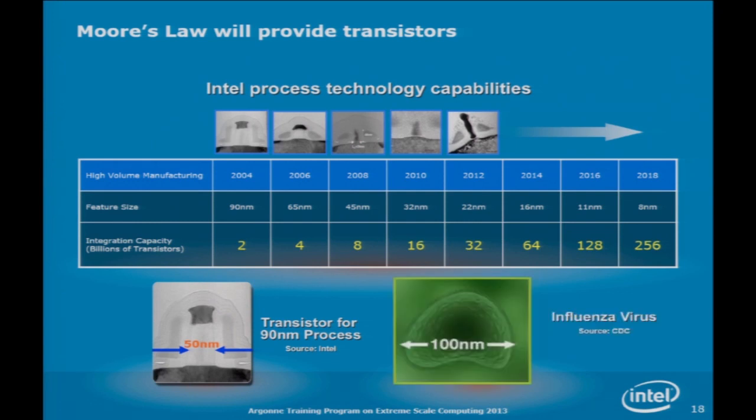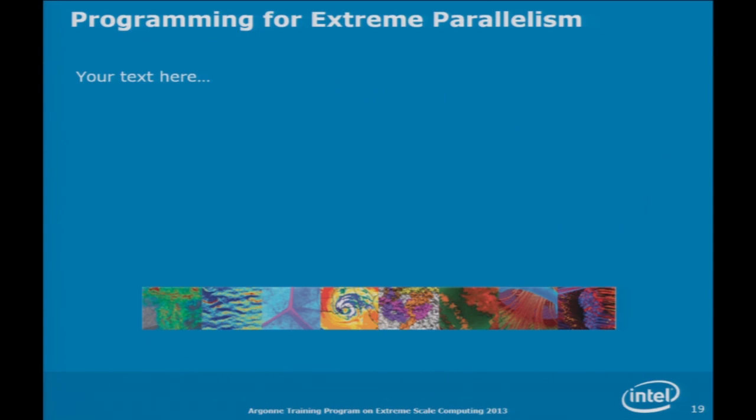The gate length of the transistor at 90 nanometer is 50 nanometers, and the virus has a 100 nanometer gate length. And if you remember from the slide that had the 4 unsolvable problems, I left the last unsolvable problem to you, the one that says, how do you program these things? I think that's your assignment for the end of the course.